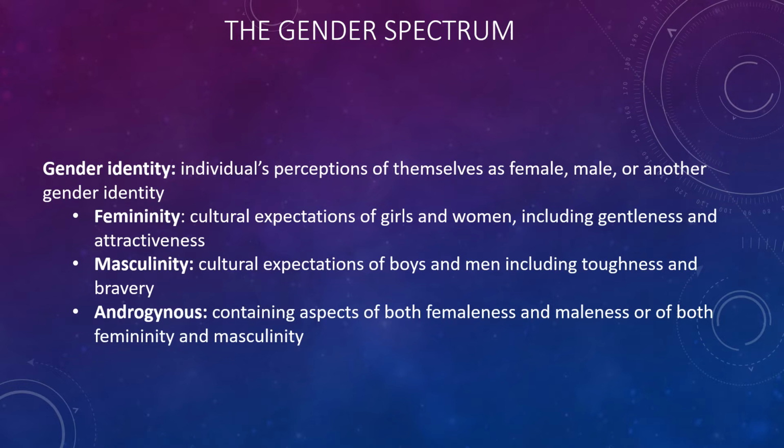Masculinity, cultural expectations of boys and men, including toughness and bravery. And then individuals who are androgynous, which can mean containing aspects of both femaleness and maleness, or both, or neither. That third option. We will talk more about gender identity again in next week's lecture when we talk more about